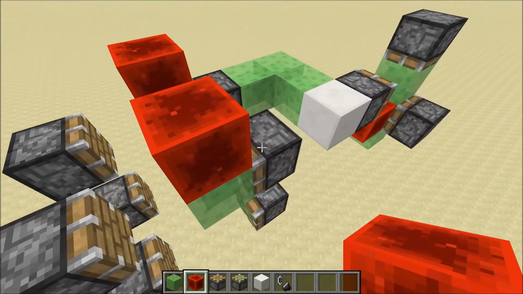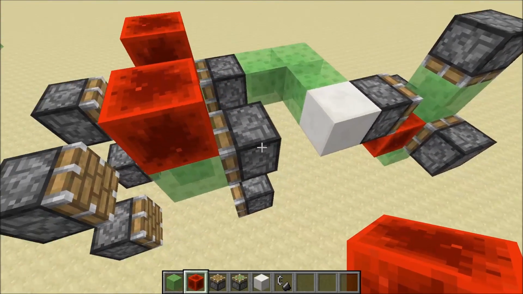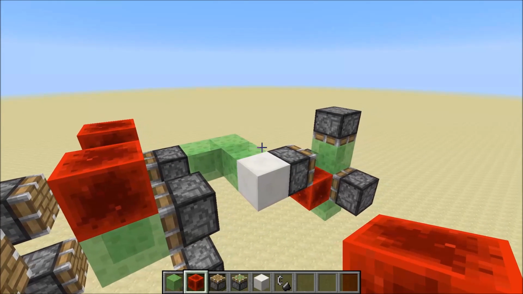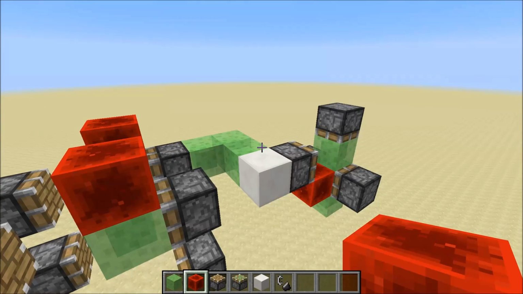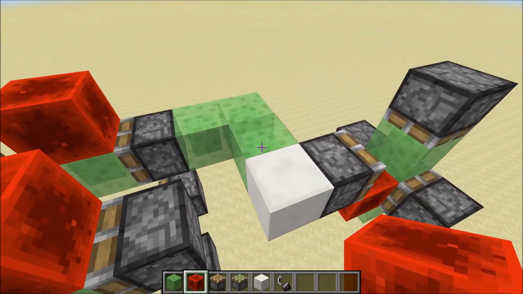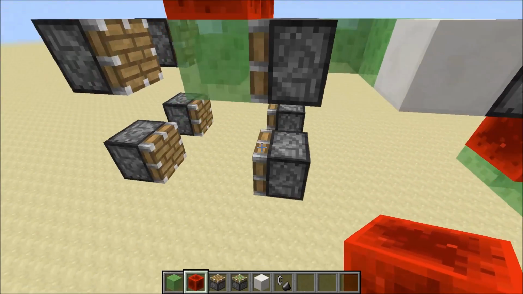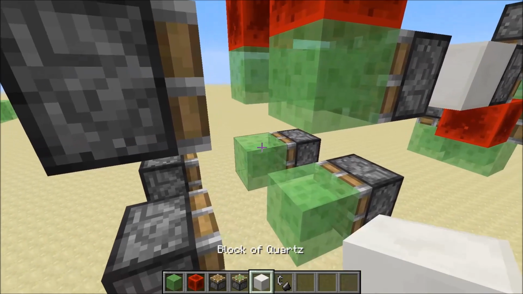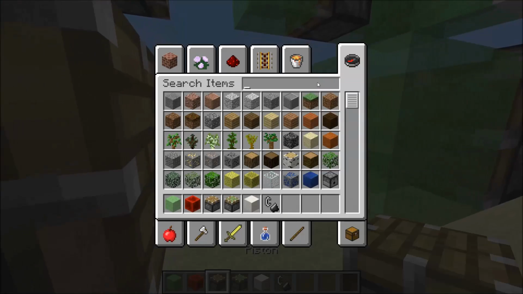So this will be the start, and I'm wondering if it could be interesting to move the entire thing. No, let's actually not. Let's just go with this. This is fine. I'm gonna get some obsidian